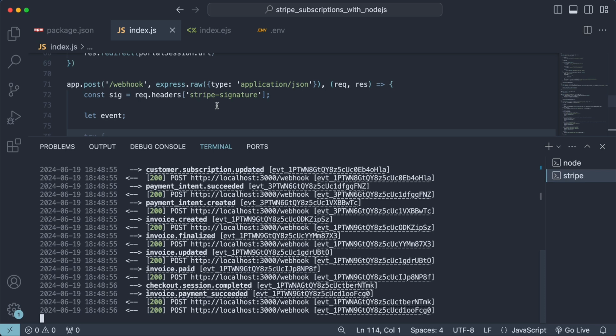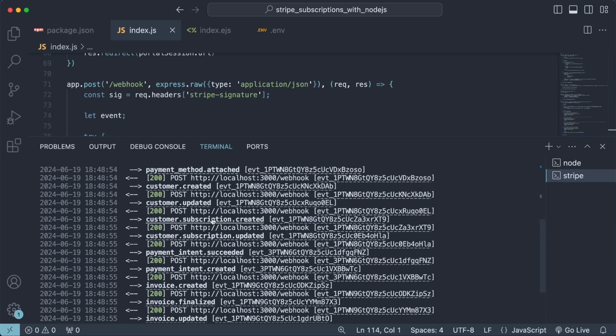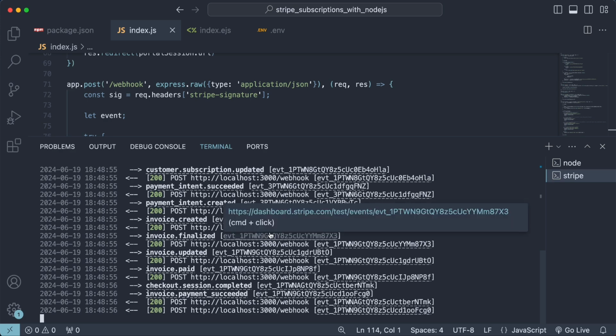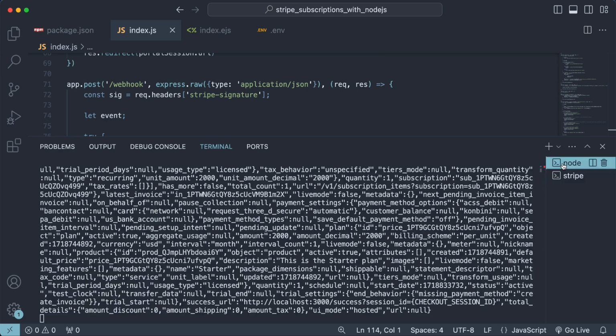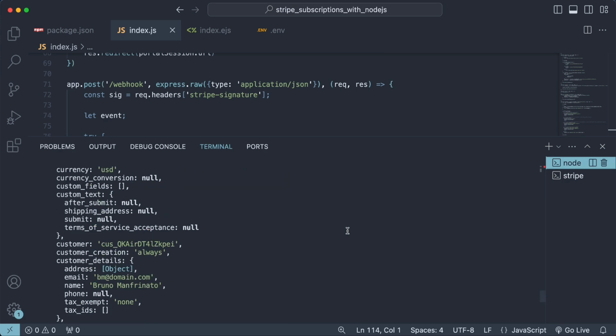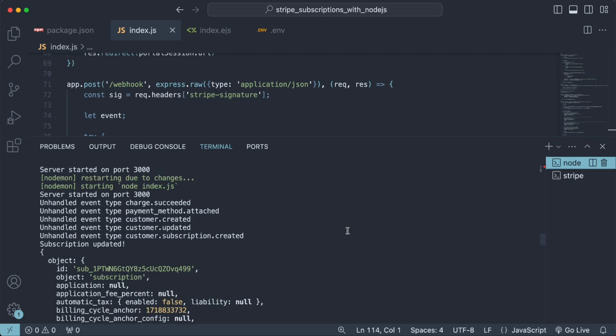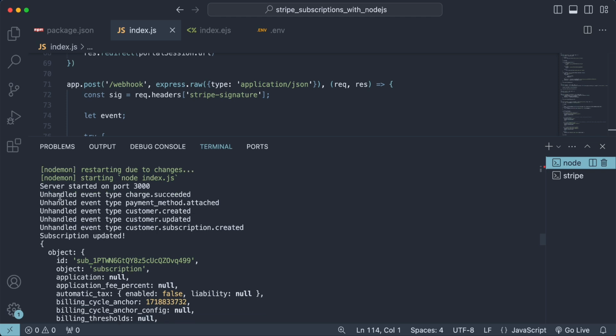Okay, all good. Let's check the events on the terminal. Alright, so all these events are being triggered, all with the status code 200, okay? Now let's check on the console by opening the other tab. Here we're printing all the events that we're not handling. Let me scroll all the way to the top. And as you can see, there are lots of events that we're not handling and we're just showing a message